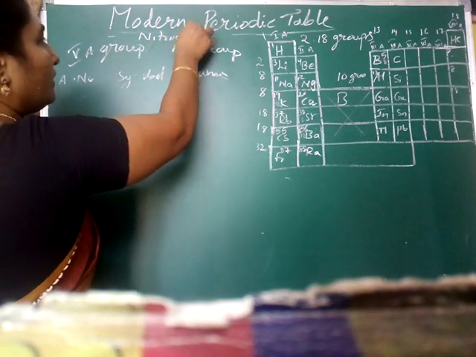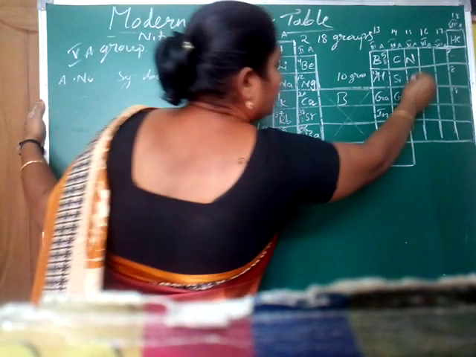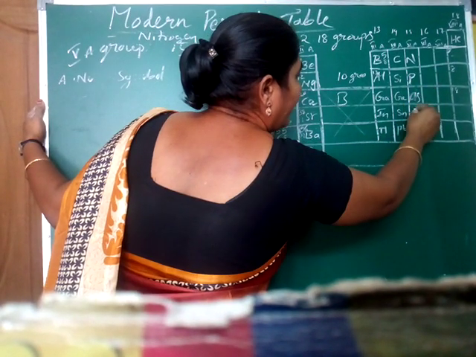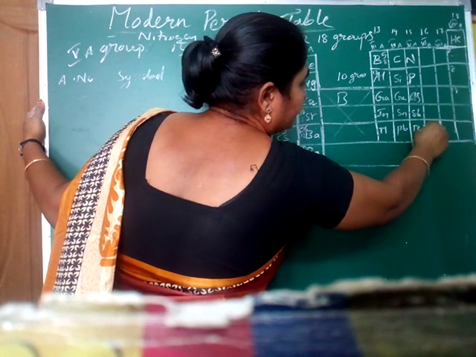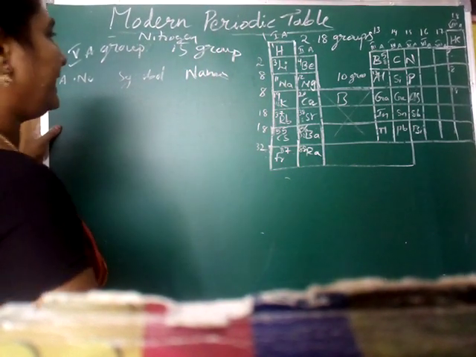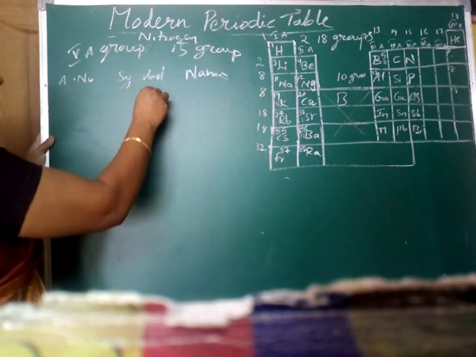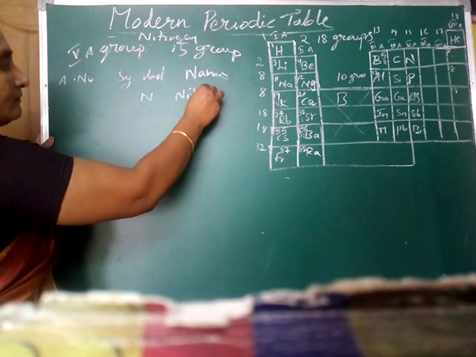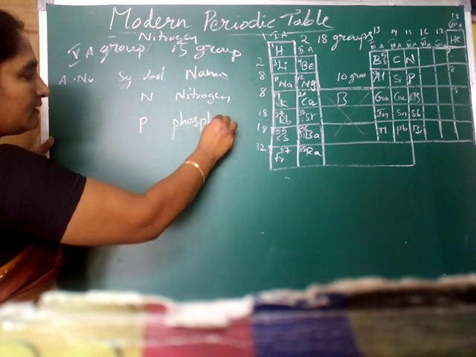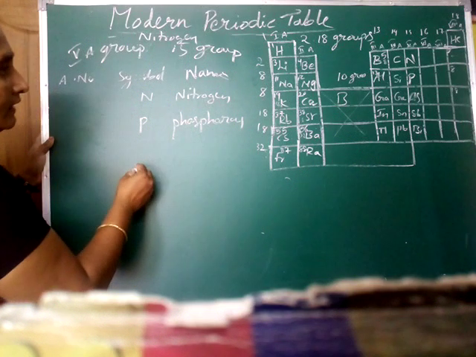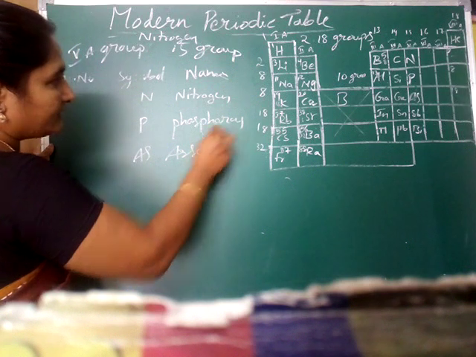Nitrogen is the first element in the group. That's why it's the nitrogen family. Okay, here nitrogen, phosphorus, arsenic, antimony, bismuth. These are the names. Atomic numbers we will write after. Name is nitrogen, and phosphorus is the name of this one. Okay, nitrogen, phosphorus, arsenic. Arsenic is the name of this.